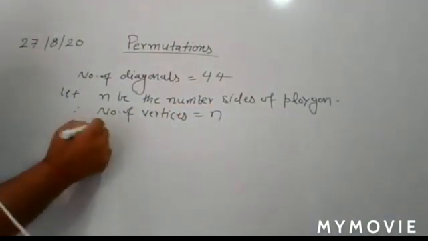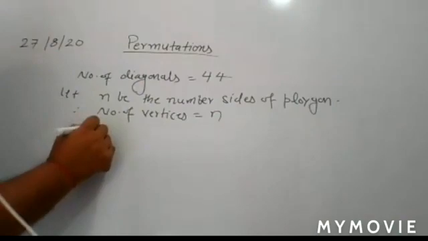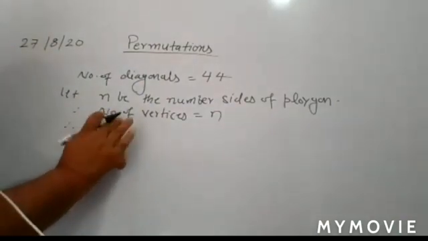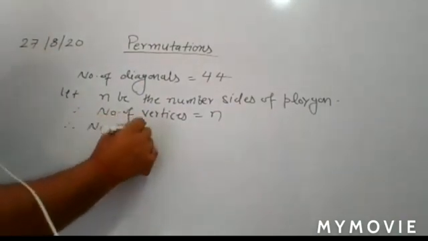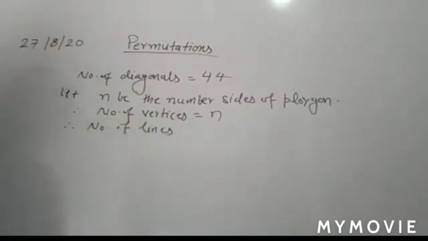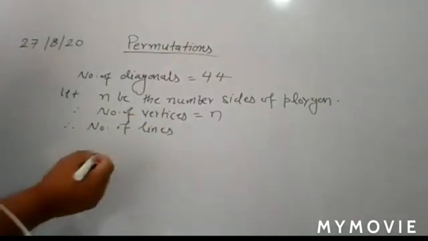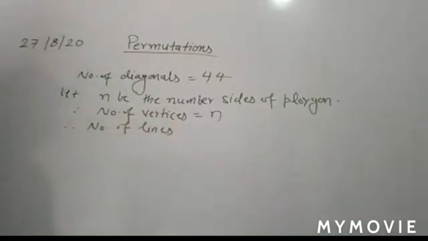So first of all, you find the number of lines. Sir, is it 11? Yeah. But here you have to apply this method, not directly the formula of the number of diagonals. In this case, marks are not provided. It means here you are applying totally the concept of permutation.